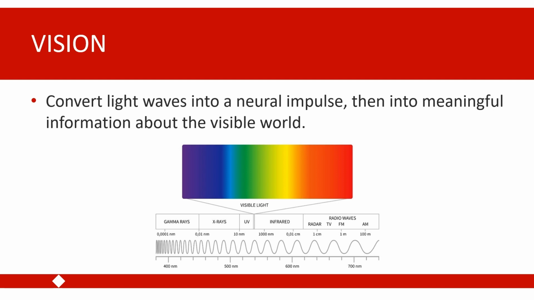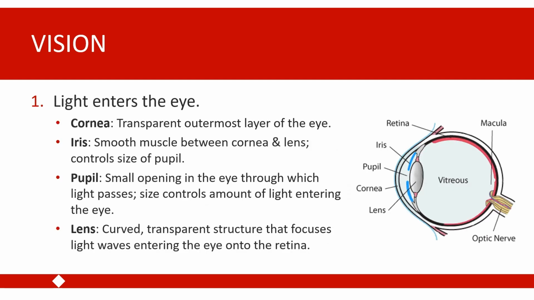Similar to sound, the wavelength and the amplitude of light waves from the environment are associated with different characteristics of what we perceive about the external world. So the wavelength of waves of light has to do with our color perception. So long wavelengths are perceived as redder, and short wavelengths are perceived as blue or purpler. And the amplitude of a light wave is related to the intensity of the color that we perceive.